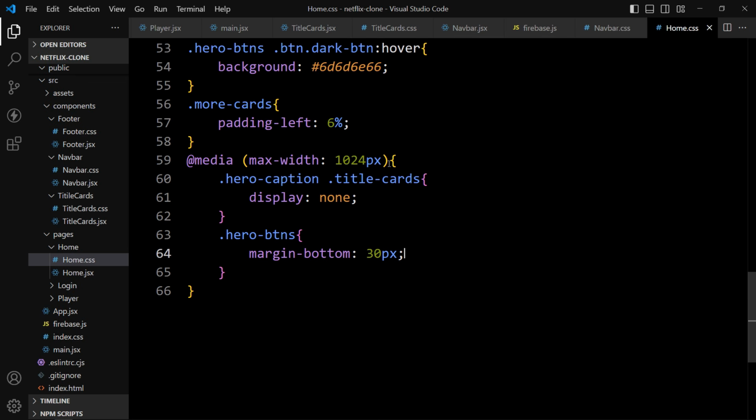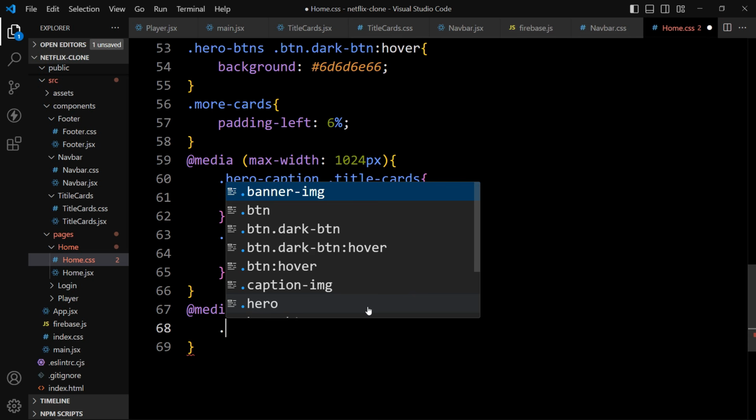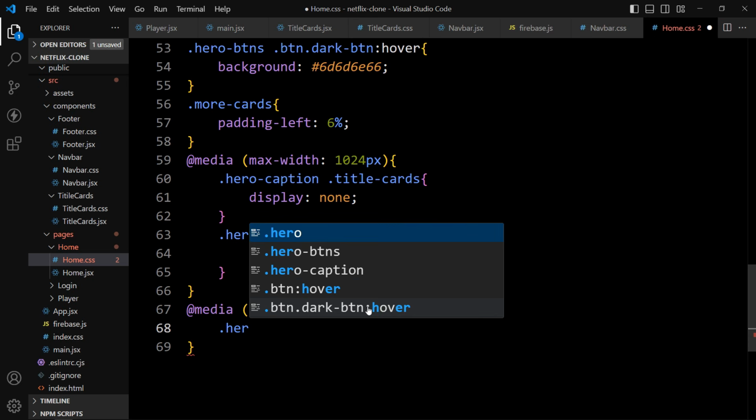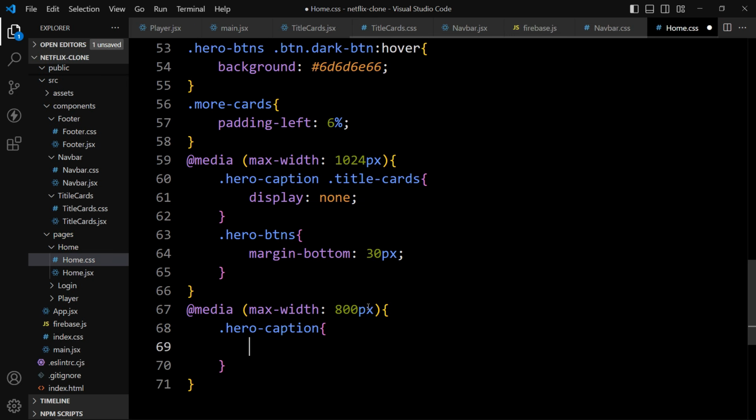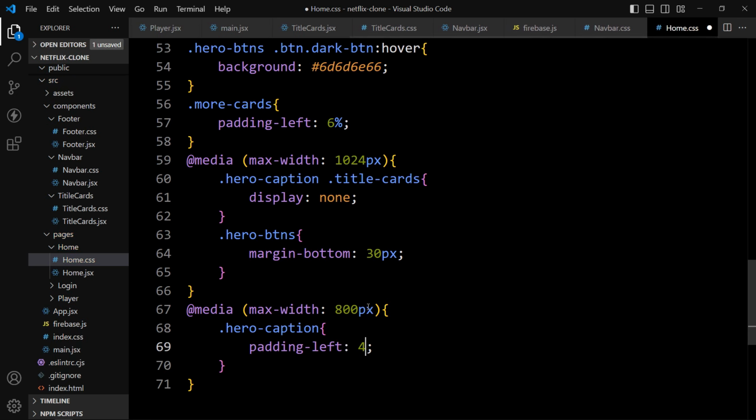After that we will add the media query for different width. So let's add media max width of 800, and here let's add the class name hero caption, and for this one let's add the padding from the left side, that is 4%.